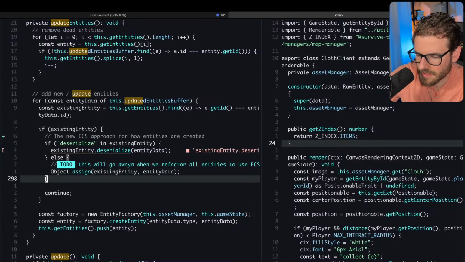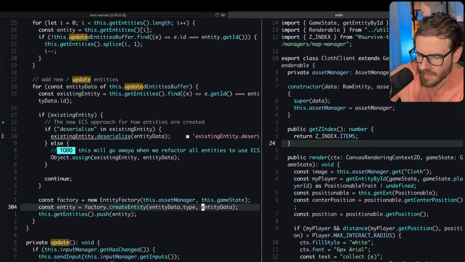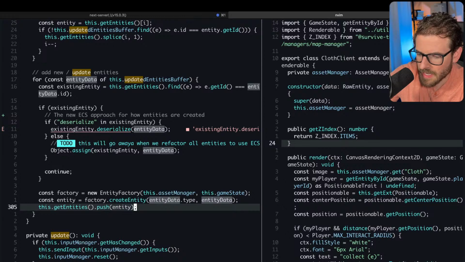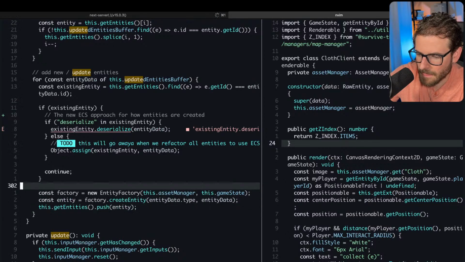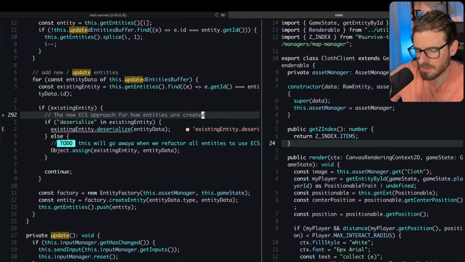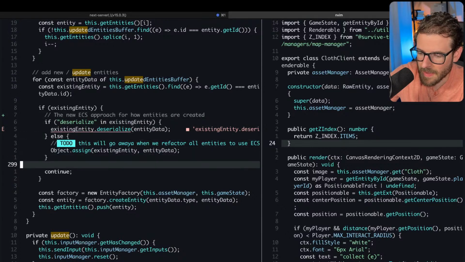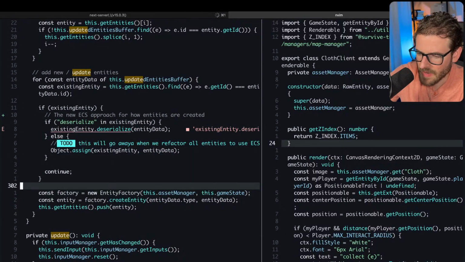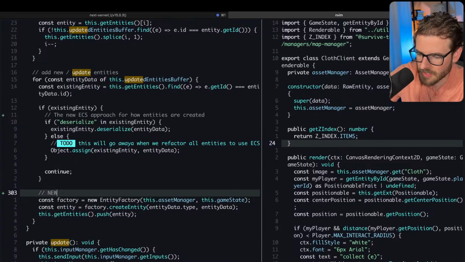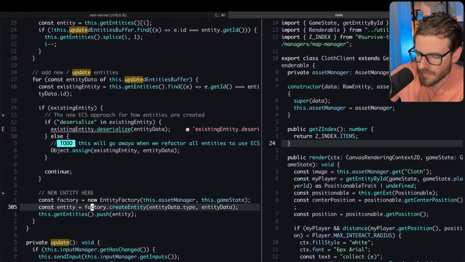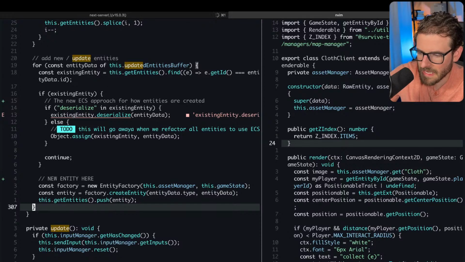Same thing with this. We just object assign. And then here is actually where we initialize that. So if it's an existing entity, all we do is update the state. We take the JavaScript object and update all the properties, and that's about it. But if it's a new one, in fact, this is just bad code. I need to just new entity here. I'd probably break that up into smaller functions, so this whole thing could have one function call or something.